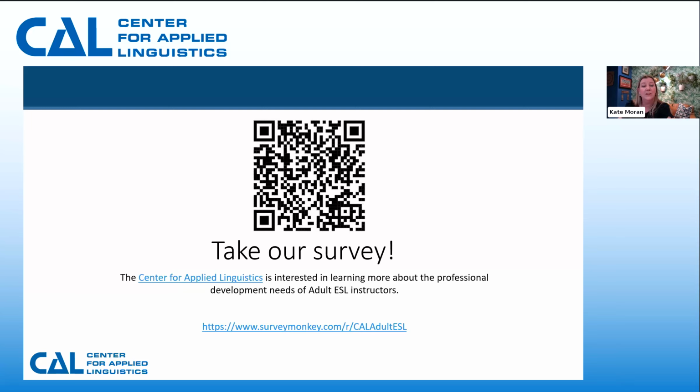Why it's important to share objectives with a class in advance. At the start of the class, it's really helpful to share the objectives, especially as adults, but really for all learners, so that they have an idea of where they should be going. It gives them some autonomy over their learning, so they understand: here's where we're starting, this is where we're trying to get by the end of this lesson, and here's how we're going to try to get there. We're going to do a writing activity, I'm going to work with a partner, and I'm going to have a graphic organizer.